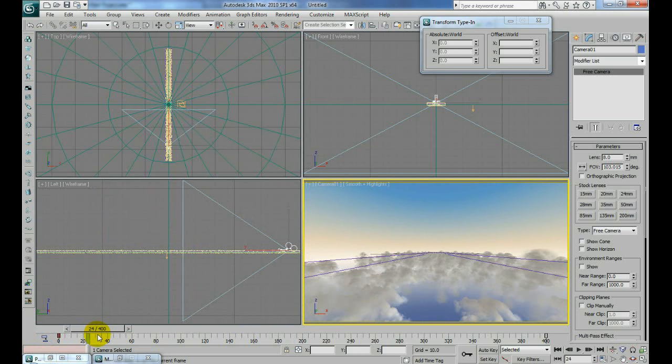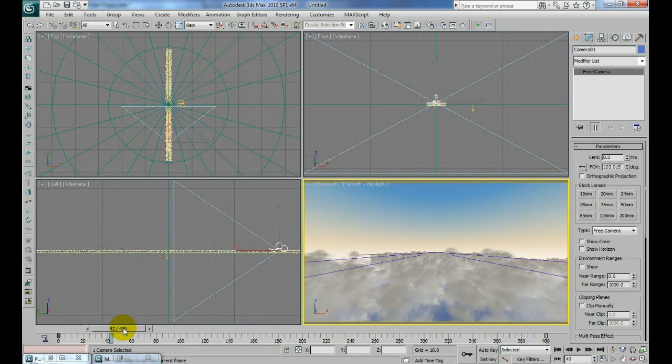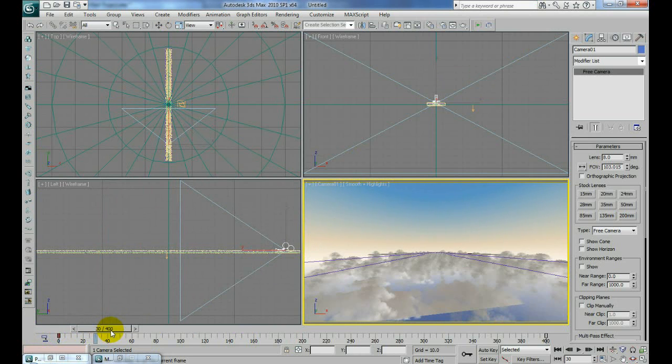Alright, so now what I want to do is give this some rotation. You can animate this camera however you want to do. If you're in Max doing this kind of stuff, you're going to know how to animate a camera. But I'm going to just quickly do it one way, just to give